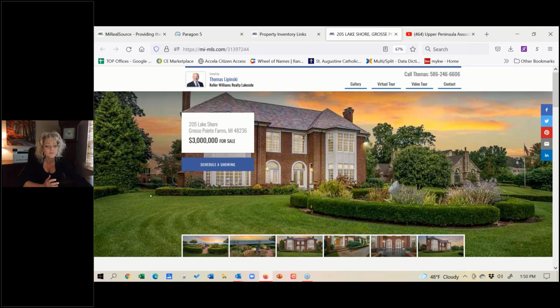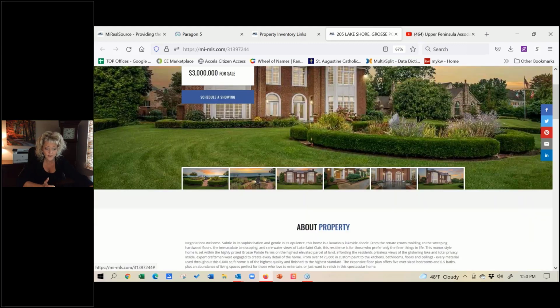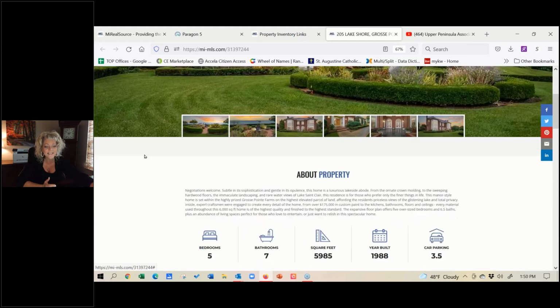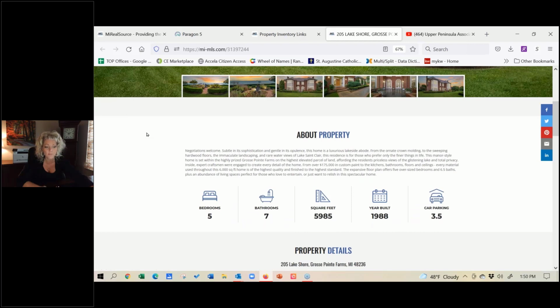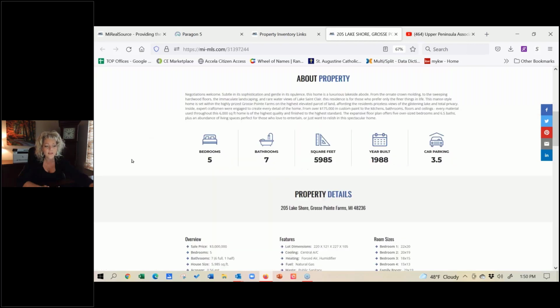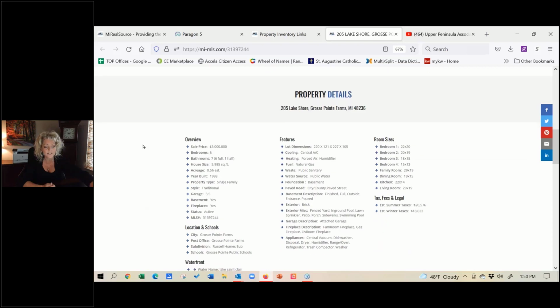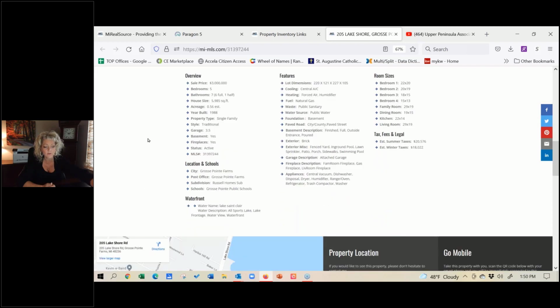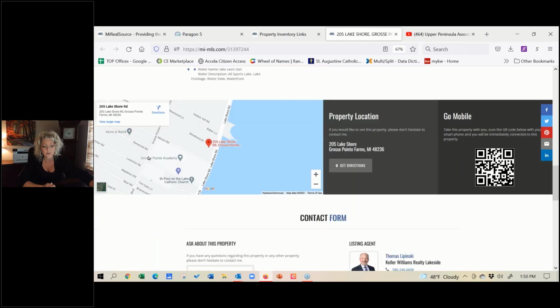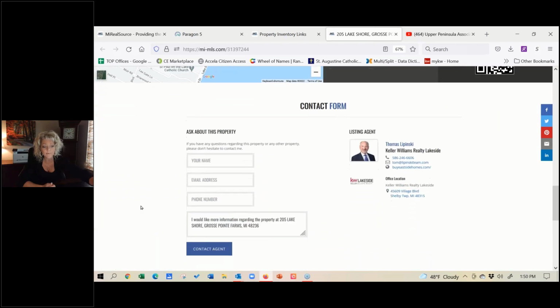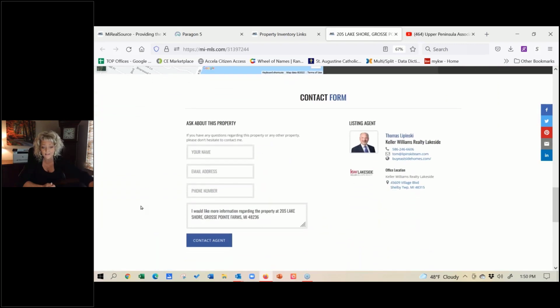But I like the look of this. One, I like the look of the house. It's stunning, but I like the easy to read layout. It's what our buyers are looking for, right? Everything is easy to read. What's the square footage? 7 bathrooms, 5 bedrooms. All of the lot dimensions are listed down below, as well as the features. There is a QR code, there's a map, there's a way to get a hold of Tom and ask questions